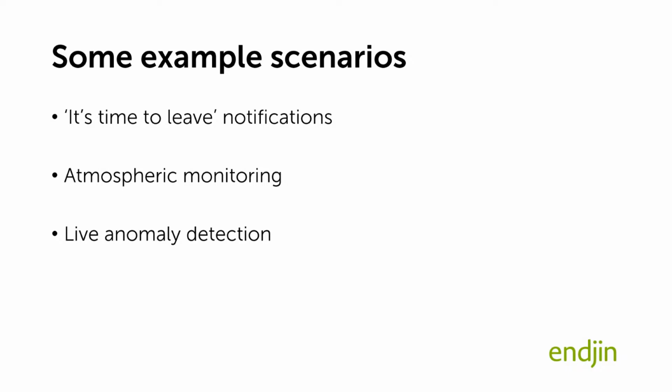One of the systems that we have built on top of this technology was an atmospheric monitoring system. So we ran a project with a local school where we were doing some air quality monitoring with a view to trying to work out whether traffic jams on an adjacent road were causing issues in classroom air quality. And we had these little monitor devices that were bristling with little air sensors so they could measure particulates at various different sizes, CO2 levels, temperature, humidity, and various other chemical sensors on them.